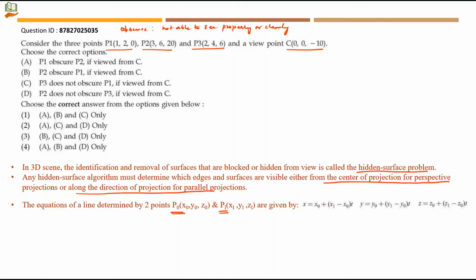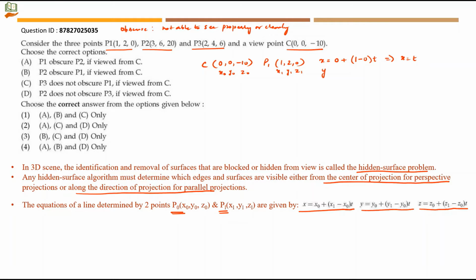To know that, we have to find the equations of a line determined by 2 points. So let's do it for point C, 0, 0, minus 10 and point P1. This is 1, 2, 0. As per this equation, now we will take this to be x0, y0, z0 and this to be x1, y1 and z1. X is equal to x0, 0 plus x1 minus x0. x1 is 1 minus 0 into t. So we can say x is equal to